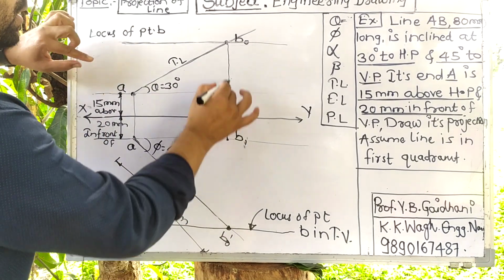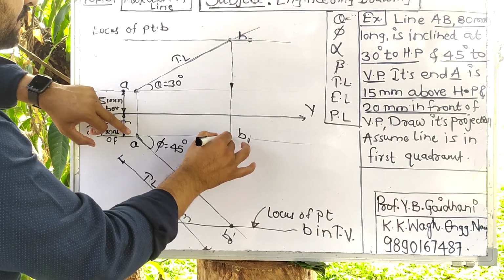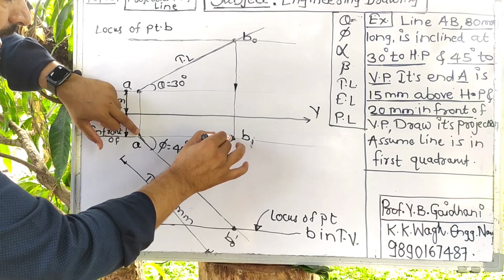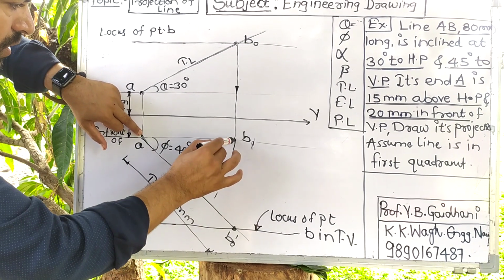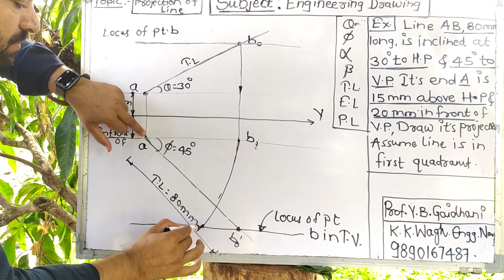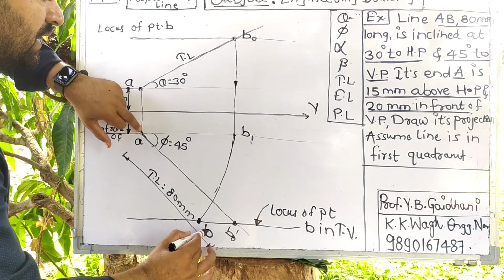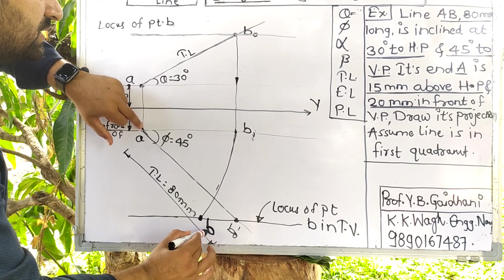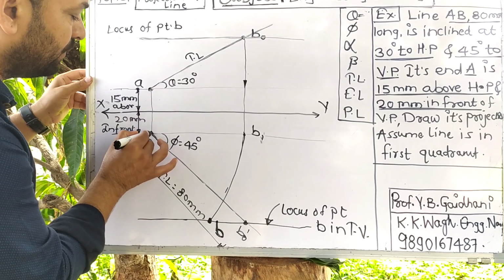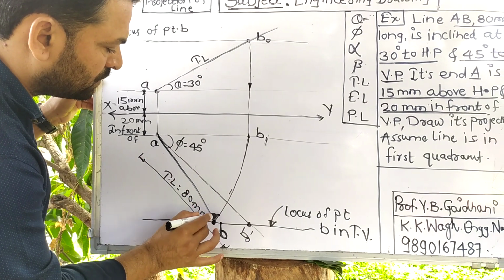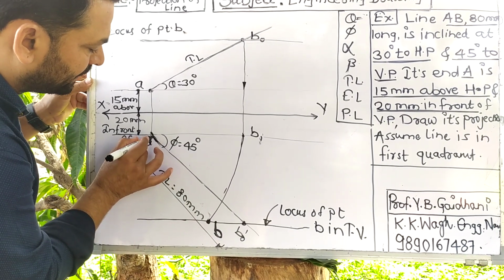Okay. So after taking this projection up to this point, take a distance equal to this and draw a projection, an arc, so that here we get one point. That is the final point. This is now the final point B. Now this is the apparent length. Actually, the line will look like this in the top view. So here is the final view of the line.